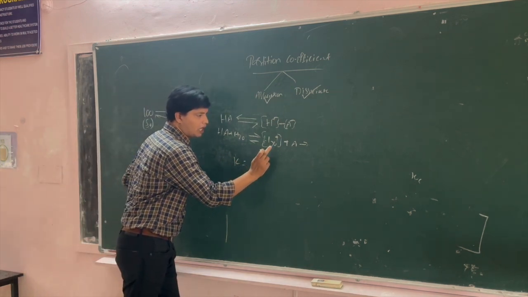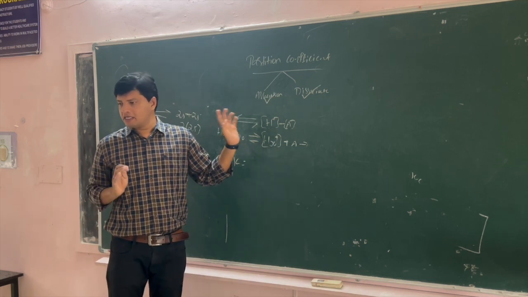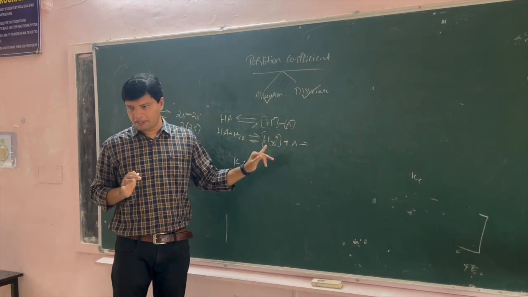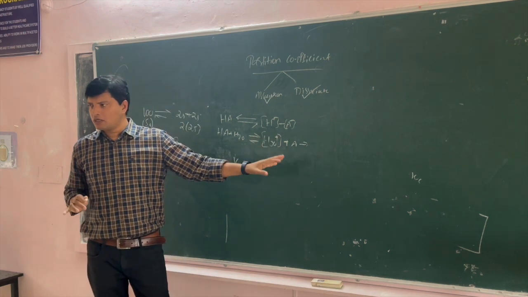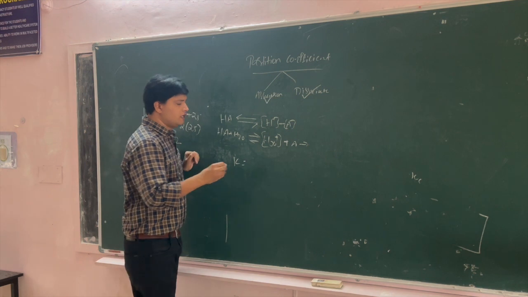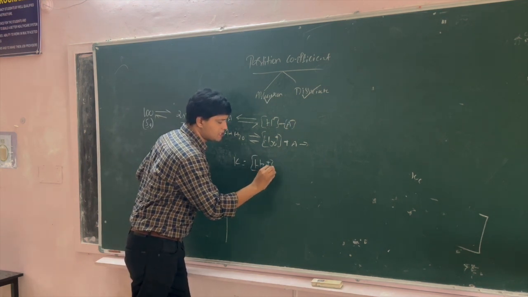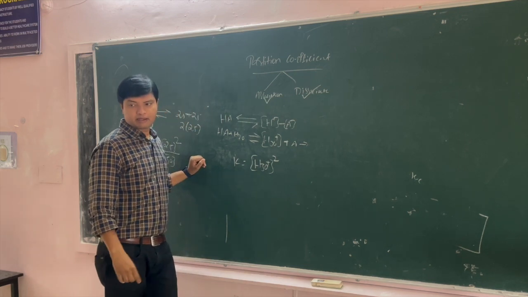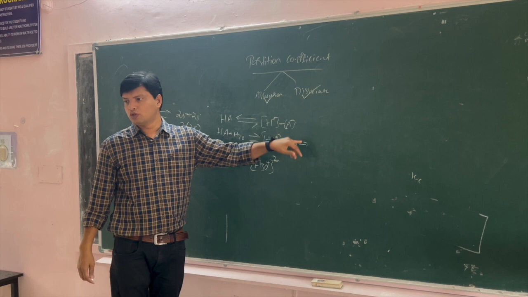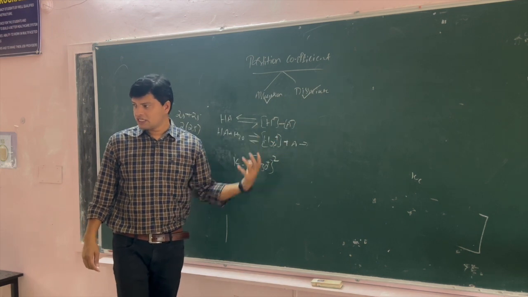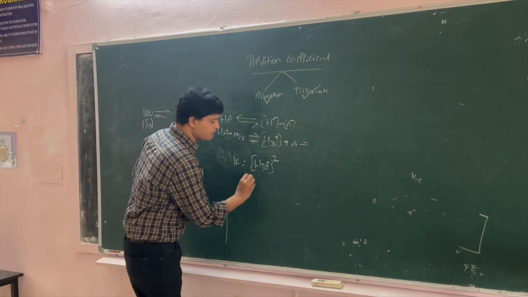Now apply the same thing here. Constant is equal to, assume these two as the same. You can take H3O plus square or you can take A minus square. The textbook has taken H3O plus square; I am taking A minus. You can take anything, no need to follow the textbook. If you want to follow the textbook, no problem. H3O plus square, I am directly writing. Means what? H3O plus times H3O plus is equal to 2 into H3O plus, the stoichiometric equation, square of H3O plus divided by